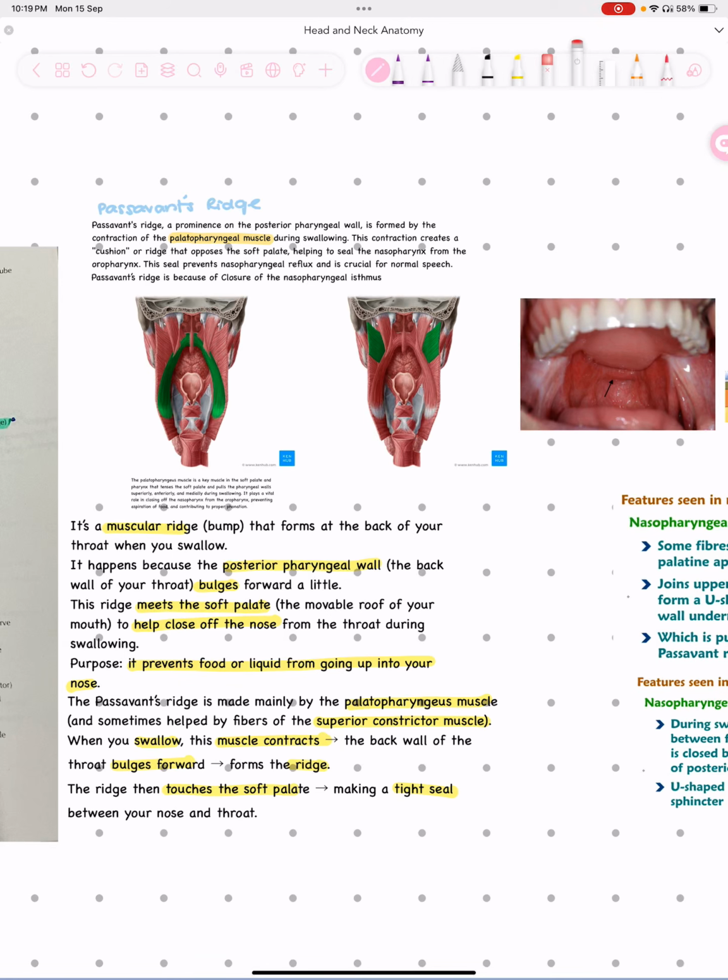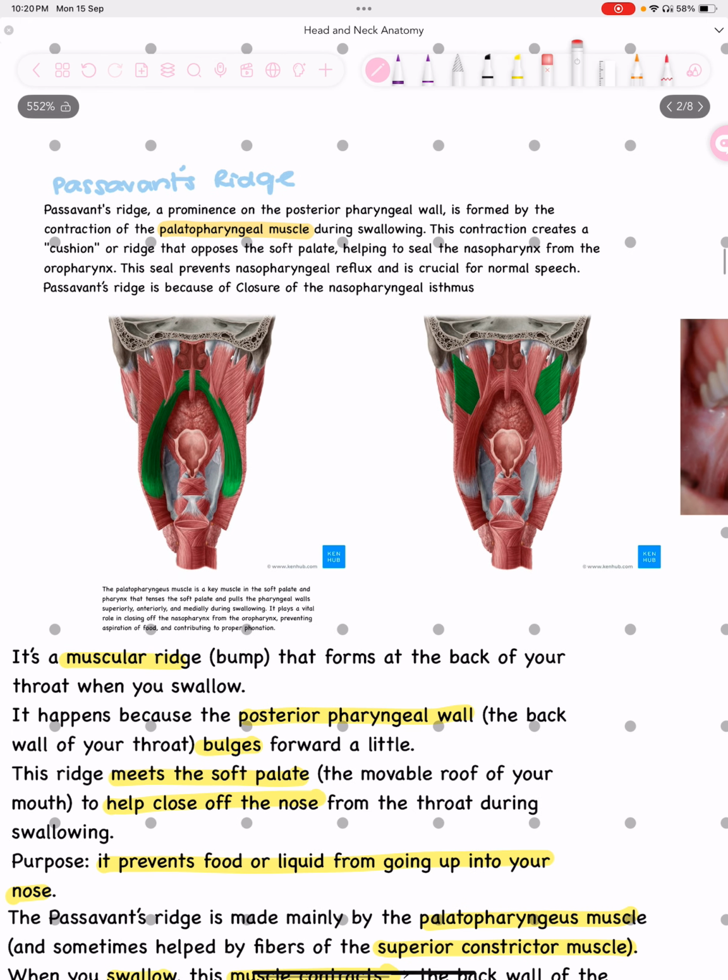Passavant's ridge is a prominence on the posterior pharyngeal wall that is formed by contraction of the palatopharyngeal muscle, or you can call it the palatopharyngeus muscle, during swallowing. This contraction creates a cushion or a ridge that opposes the soft palate, helping to seal the nasopharynx from the oropharynx. Right now, you must not be understanding all these critical words,